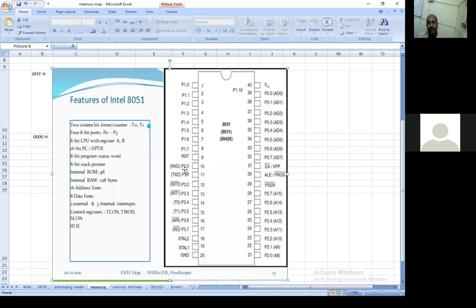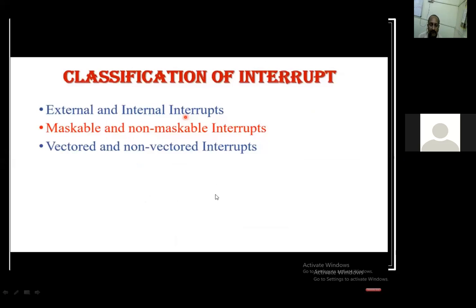If any peripheral is connected, you can communicate with it serially with the use of P3.0 and P3.1. How to do that, in the coming units we are going to see one by one. Today just concentrate on what this concept is, how many interrupts are there and how they are going to be used. So these are the total 5 interrupts available in the 8051.